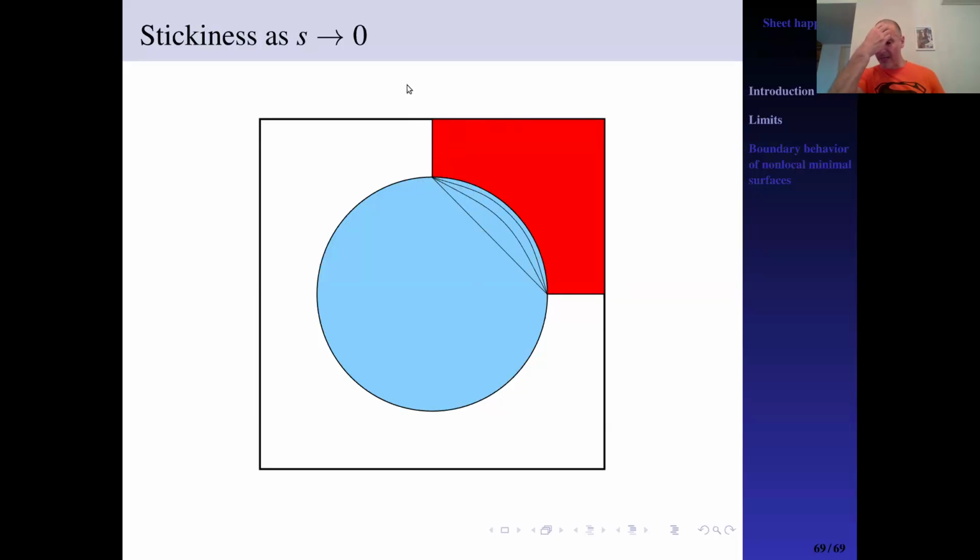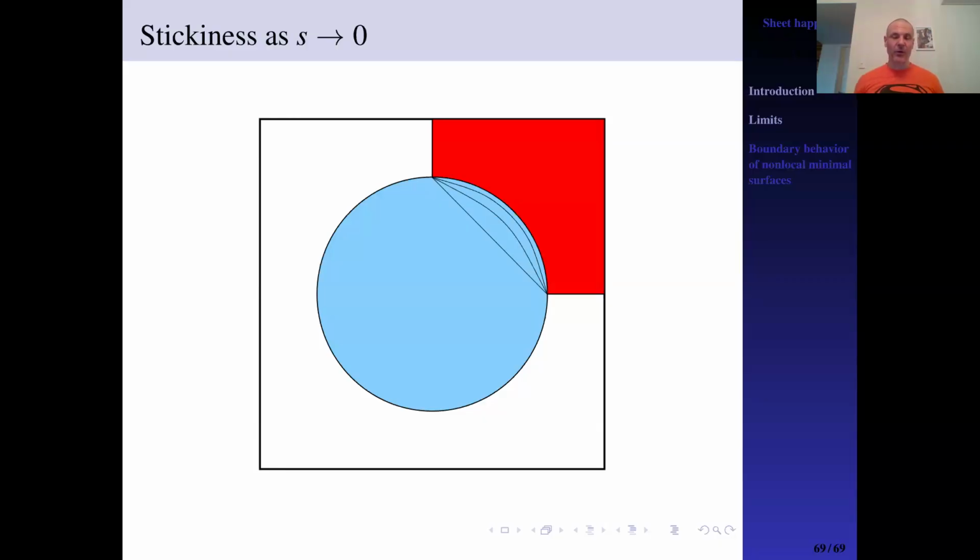So basically you have an example in which you put a non-trivial datum outside, and the corresponding s-minimal surface occupies the whole domain. And this again, I think it's kind of